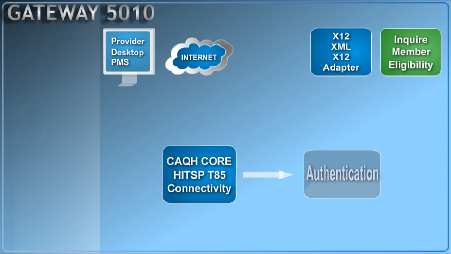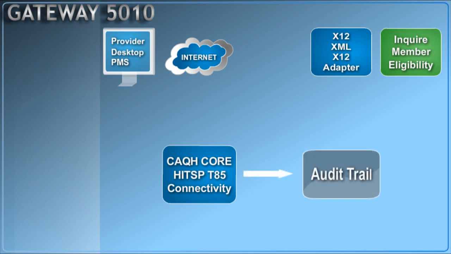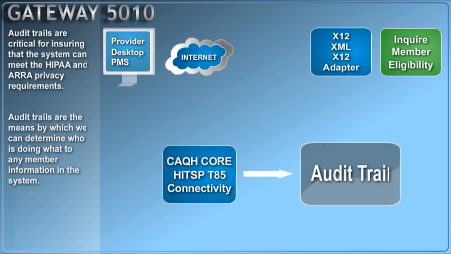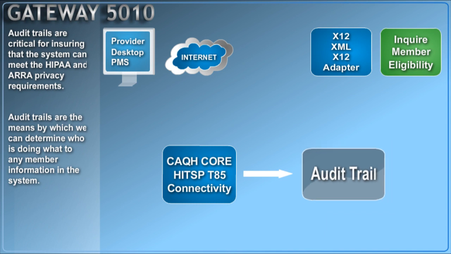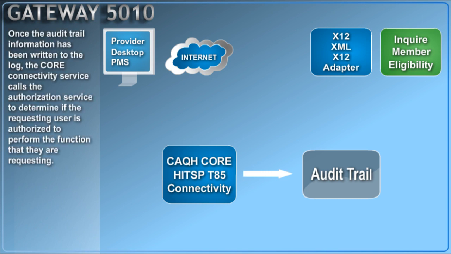If the user passed the authentication test, then an audit trail entry is made in the system indicating that the specified user has submitted a request. Audit trails are critical for ensuring that the system can meet HIPAA and the ARRA privacy requirements. Audit trails are a means by which we can determine who is doing what to any member's information in the system. Once the audit trail information has been written to the log, the CORE connectivity service calls the authorization service